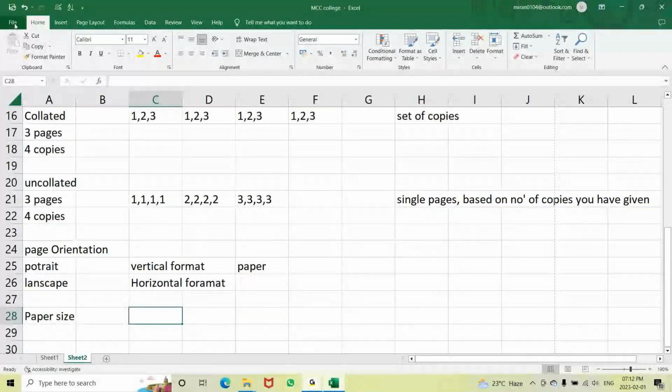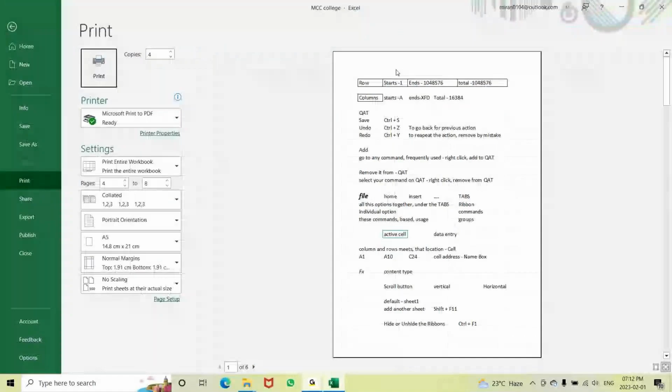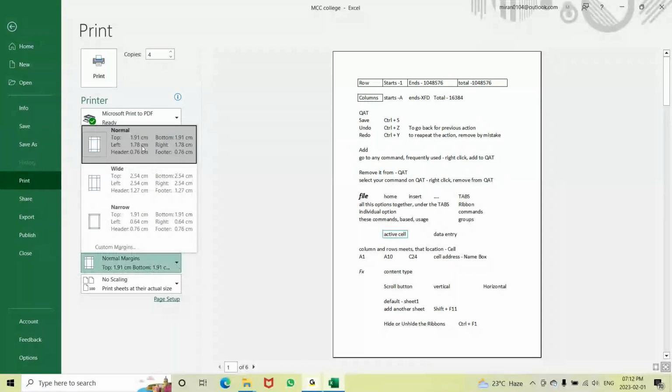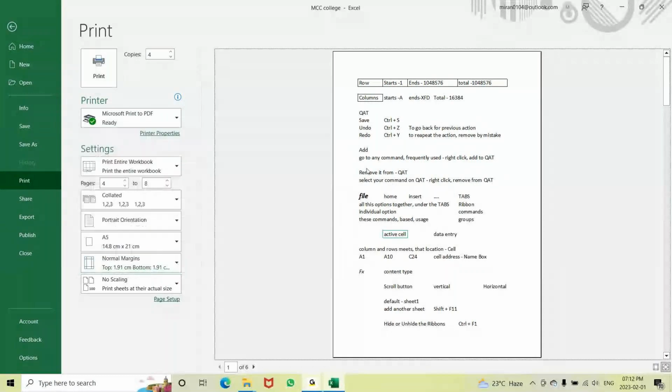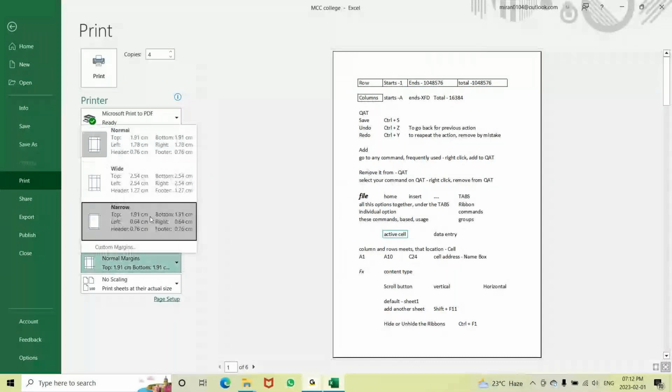Again, Control P. Now see this paper. On the top, you have a gap. On the left side, you have a gap. On the right side, you have a gap. Again, at the bottom, you have a gap. So, how much gap do you want on all the four sides? For this, you will be using margin. This is a normal margin which we are seeing for a paper. We'll go for narrow. See how it is adjusting the space on all the sides. If I go for